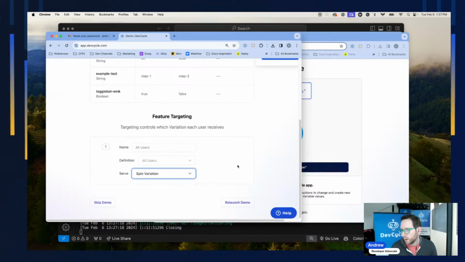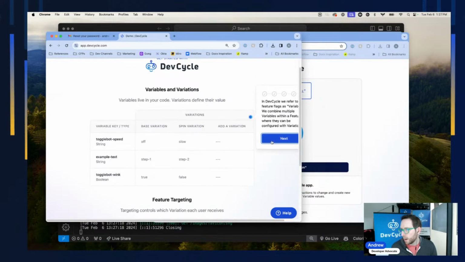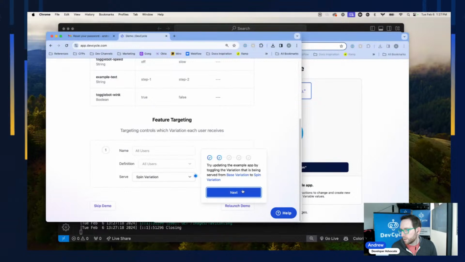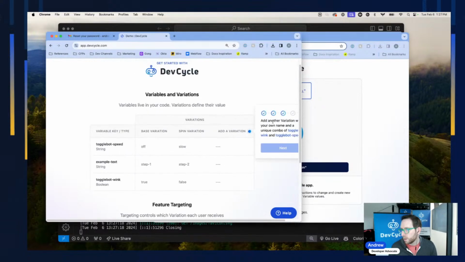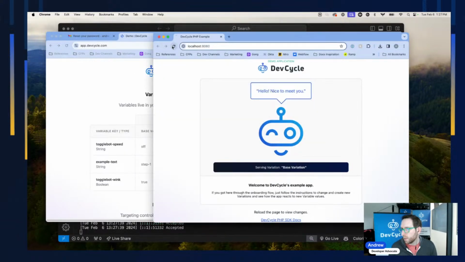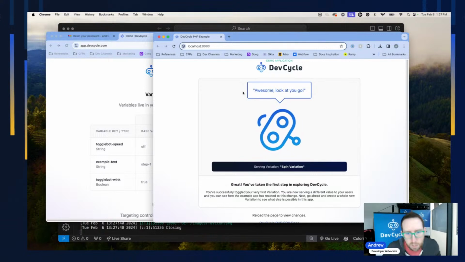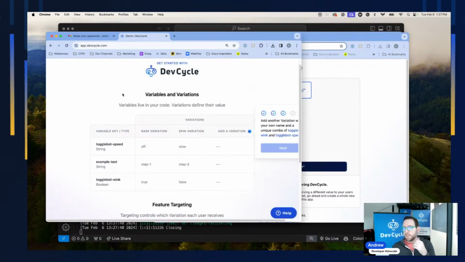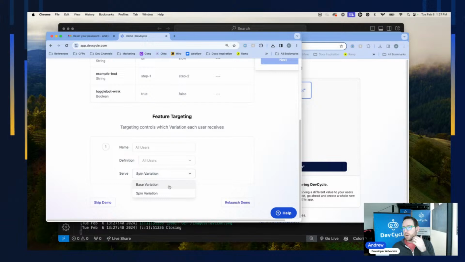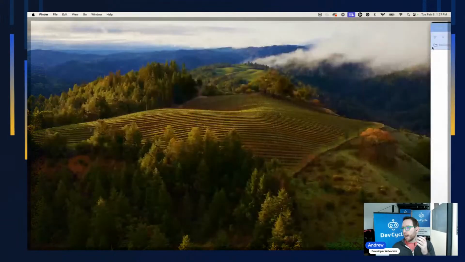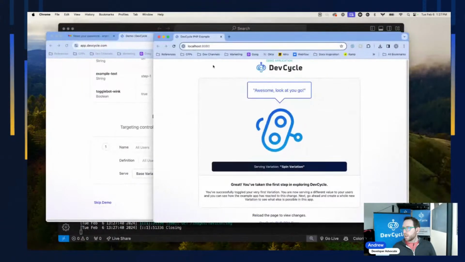Awesome, let's spin variation, give it a minute to update, next. Awesome, so if we update this here, awesome, there we go. So now we're seeing our spin variation in the PHP app. So this is exactly what we should be seeing. So when we change in real time, even without saving, it's auto saving here for you. Change to base again, and if I refresh over here in my app,